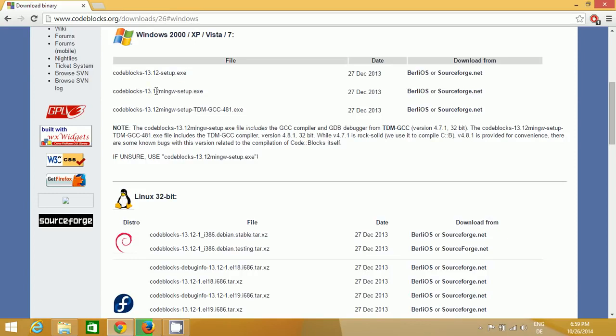CodeBlocks 13 is the newest version at the time of making this video. And just search for this word mingw. Mingw is a compiler which will help you to compile your program, as I have said. So it includes your compiler and editor both, and we want this version, right? So just click this link, either this or this. I will just click the sourceforge.net link,